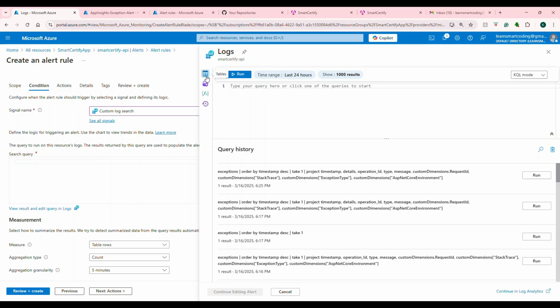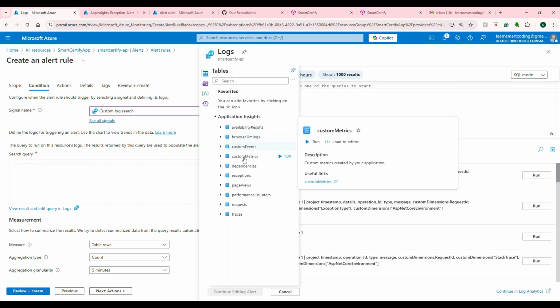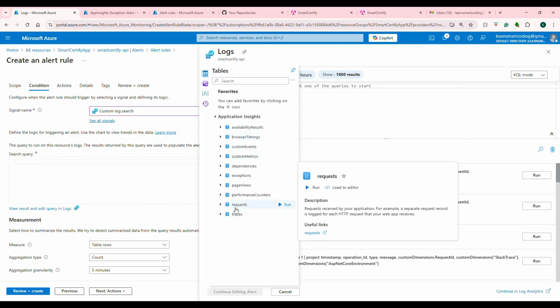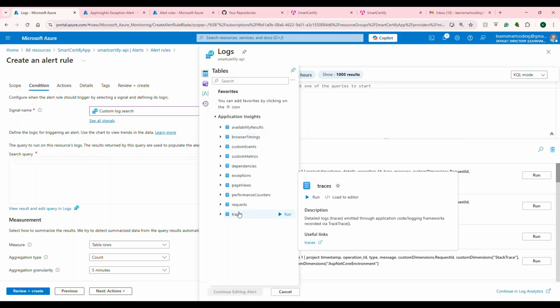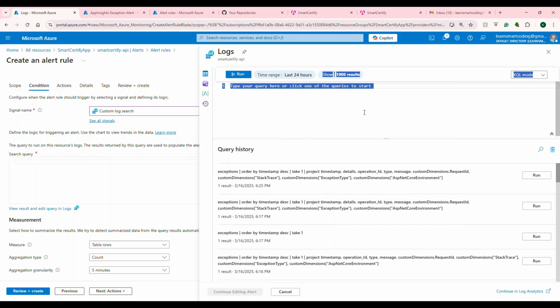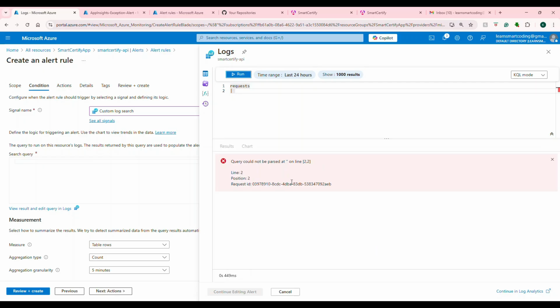And if you look at this, what App Insights actually does is, if you click on the table, the telemetry that is getting recorded will be stored as tables here. All the requests will be stored in the request table. It knows where to store, but you can also write a query and see. For example, request, see, it's started giving you intelligence, right? So if you say request and run,